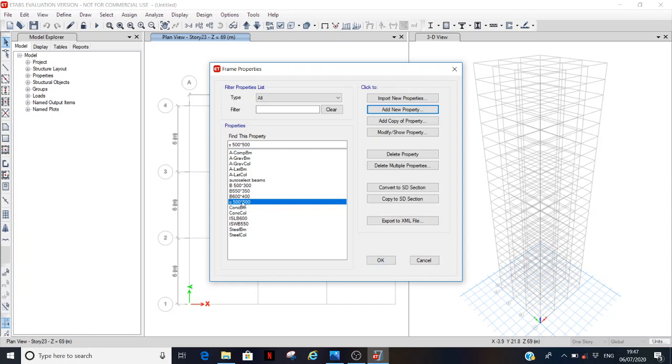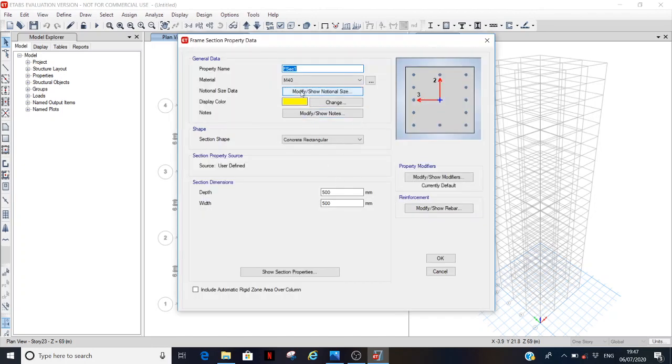So here we have to copy the properties. Just select the defined column, add copy of property. Give it the name as C 550 by 550. Here we just change the dimensions as 550 by 550. No need to worry about the reinforcement.